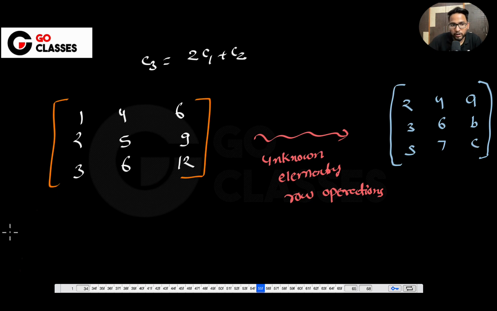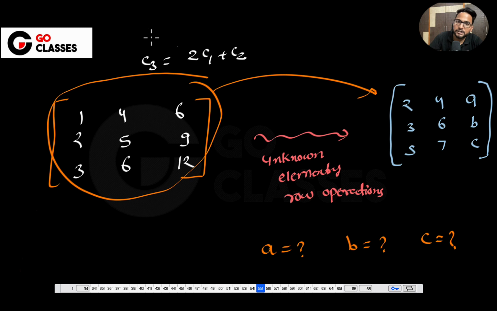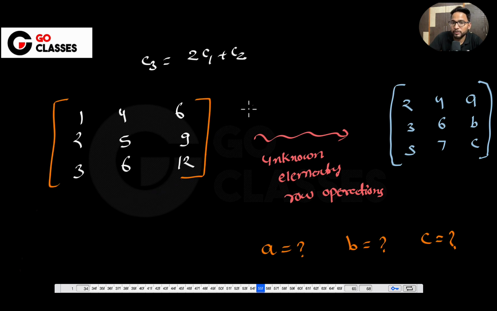And how did I get it? Because of some unknown elementary row operations, right? Now they're asking you, what is the value of A? What is the value of B? What is the value of C? So just try to visualize how you can do it. One way is that you convert this matrix to this matrix and see what is the best way to convert it such that you get 2 here, 4 here, something like that. Another way is that you know this is the linear dependency between columns here,